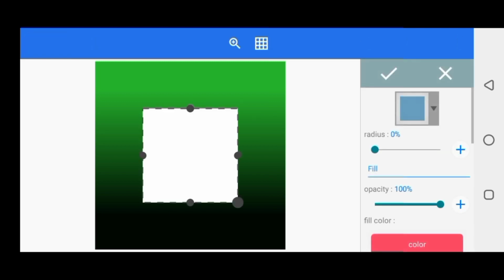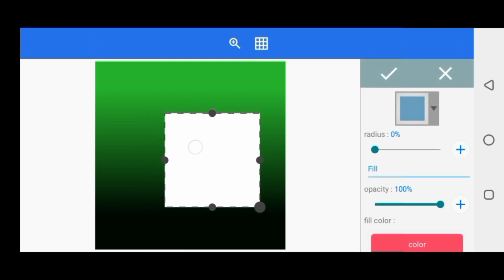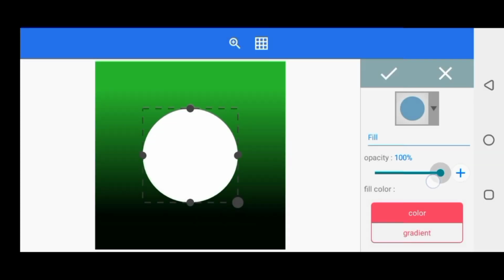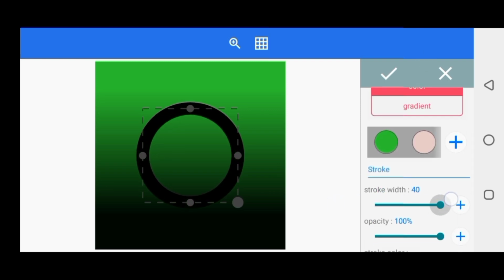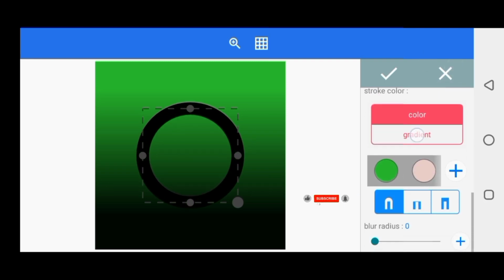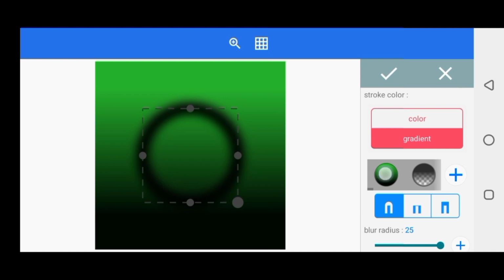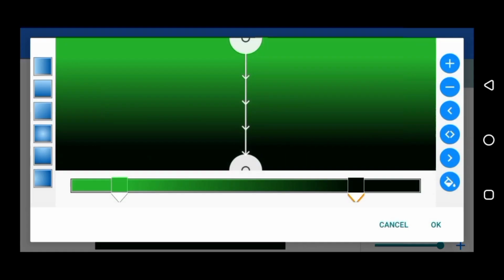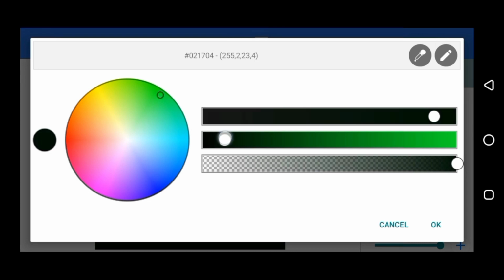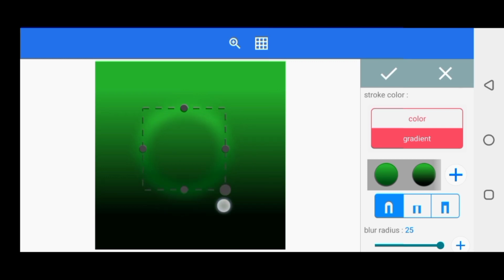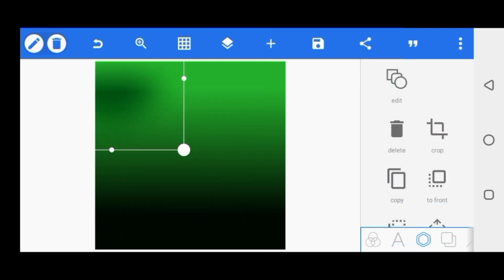I will just select a shape. Once you've created this gradient fill like this, select your shape and click on circle. You want to reduce the opacity to 0 and increase your stroke width to something like this. You increase your blur radius also to the extreme, and you come to the gradient for the stroke. Then you select the color used as the background. You can adjust it if you would prefer that. I just adjust this like this, and I'll click on OK. So we have something like this, and I'll just move it down like this. Just make sure it is closed. Once you are done, click on OK, and you want to increase the size of the